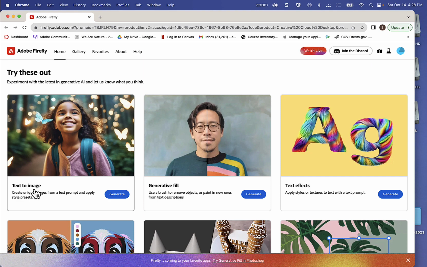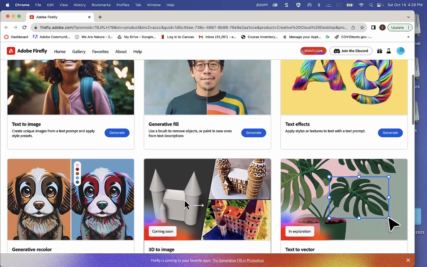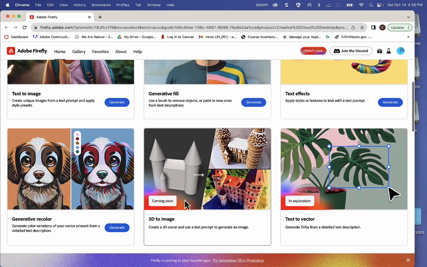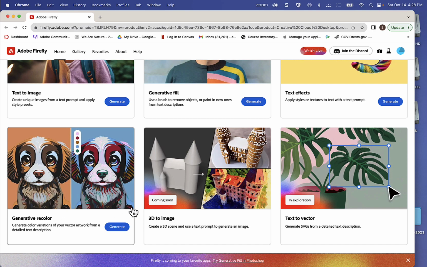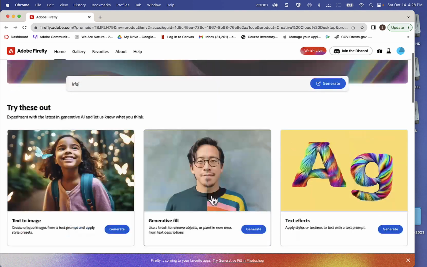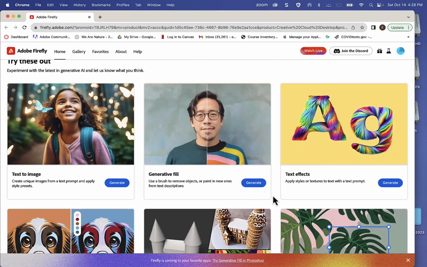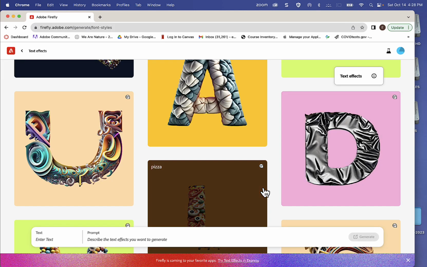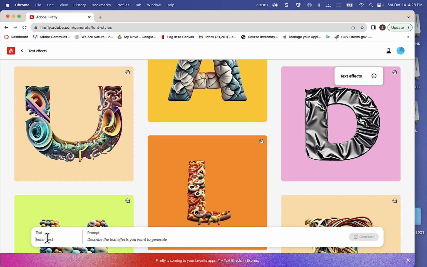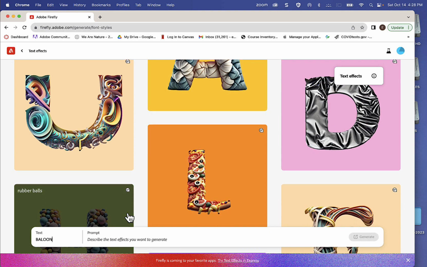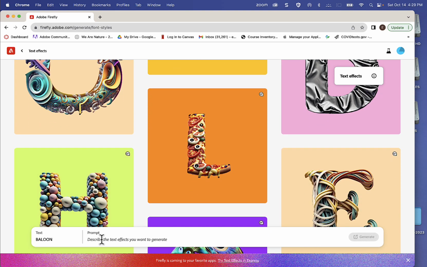Once you do that, you'll be taken to this page where you have a bunch of different options to change text to image, to use generative AI fill, and use the text effects and generative recoloring and so on. For this tutorial, I'll be focusing on the text effects. So I'm going to click on this particular effect, and in the first part, I'm going to just type in the title or the text that I want to use, and maybe for the prompt I'm going to choose balloon,